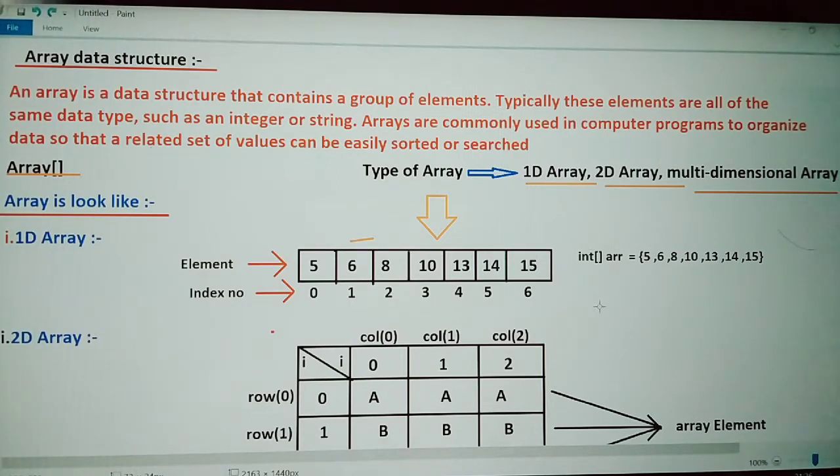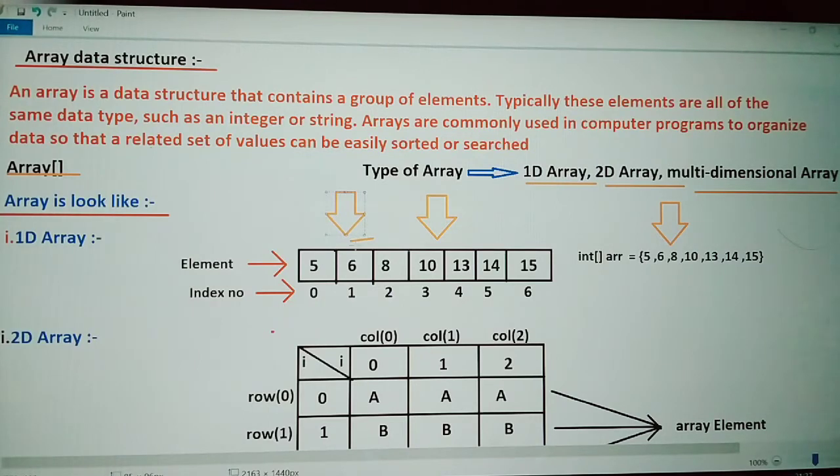That is the syntax of the 1D array, which is int, square brackets, arr, is equal to, and here I have written 5, 6, 8, 10, 15. It is similar to this element.